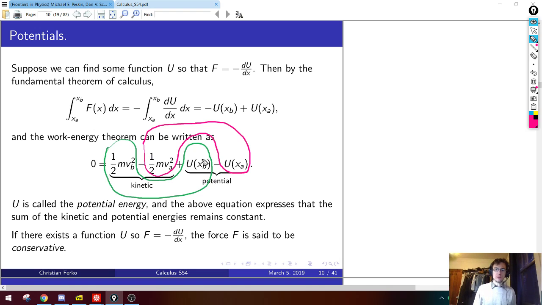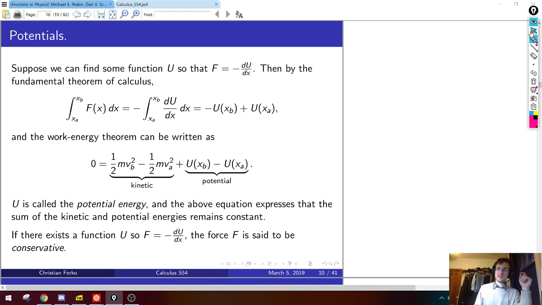Okay, so this is very powerful. This is a better version of the work energy theorem, because instead of saying some integral equals the change in some quantity, now we've written it as some quantity, kinetic plus potential, is conserved. It stays the same. I mean, it's not powerful yet. We haven't written down what u is. But u will be different in different systems, right?